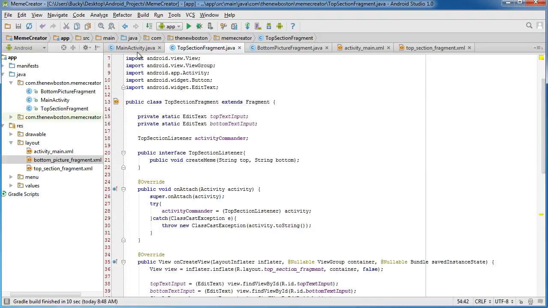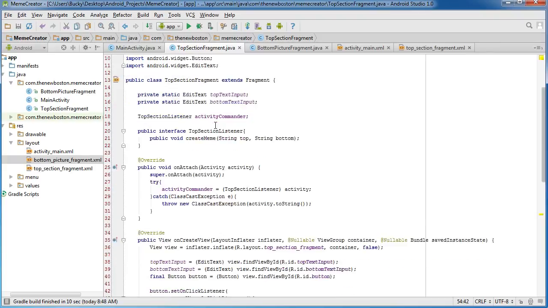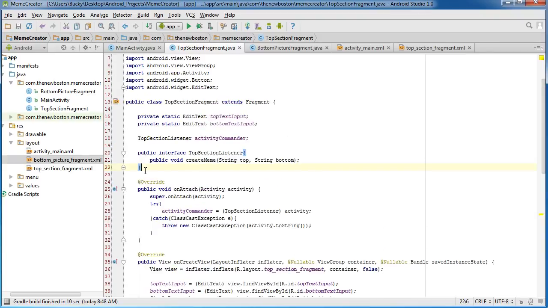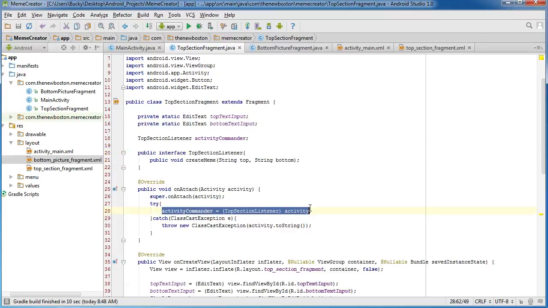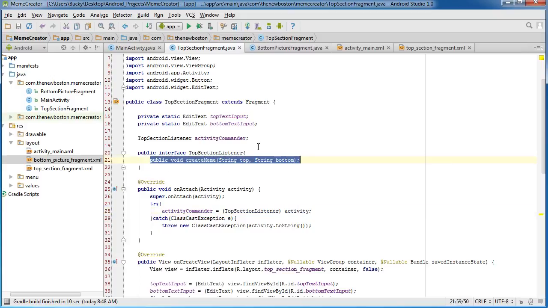So whenever I attach this fragment on main activity, then I'm going to create that interface, which we just did. Actually, right here is where we created it. And then since I created this, I'm going to include this method,